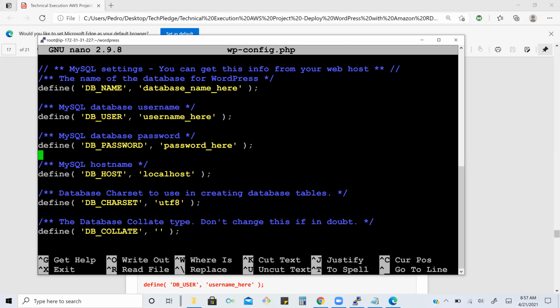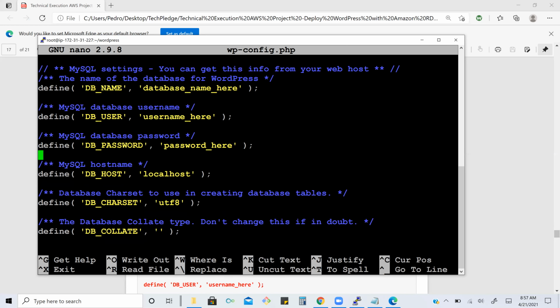Go to database name here, not here. Come this side.